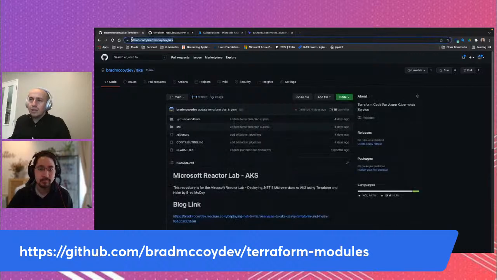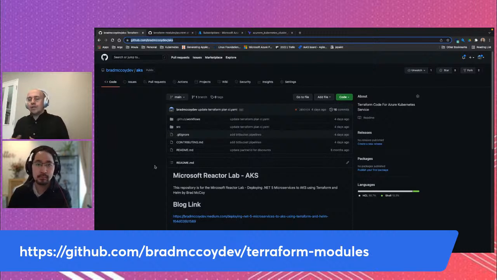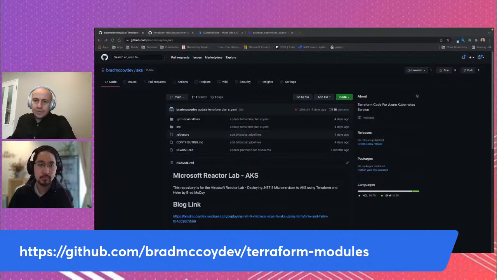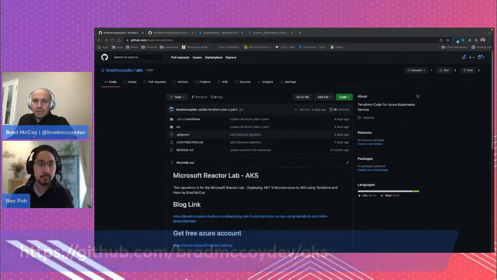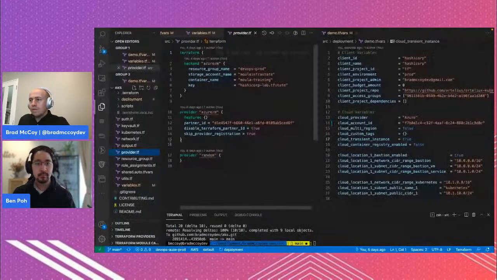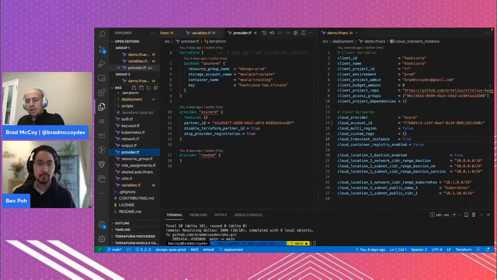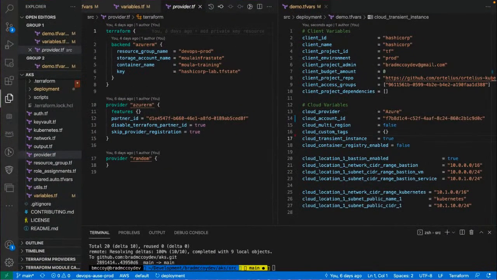And then here we have a previous Reactor Lab that we did, but we're going to turn it back into a HashiCorp one. So this one is AKS. This is where we'll be doing most of the work in the code today. Okay, so let's get started. So here you'll see that we have in our AKS,